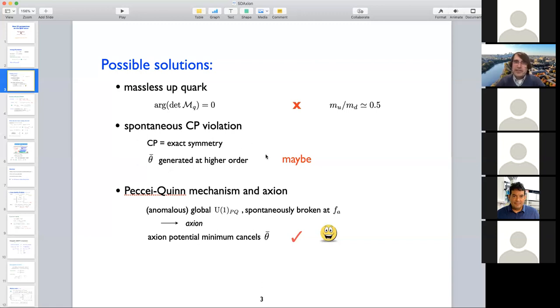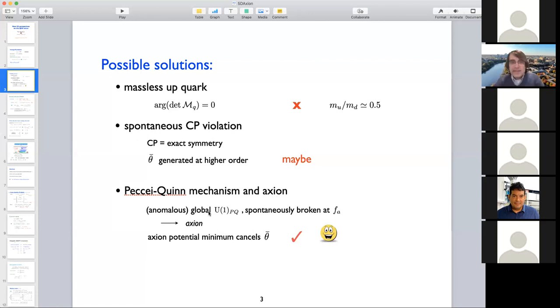This is still a possibility, although most of the models that try to implement spontaneous CP violation are quite baroque and complicated, with lots of moving parts. And so the third solution, which is what I'm going to concentrate on in this talk, is the Peccei-Quinn mechanism and the axion. This is a famous solution from